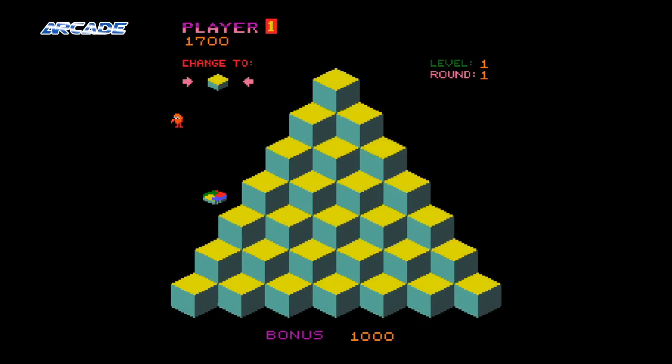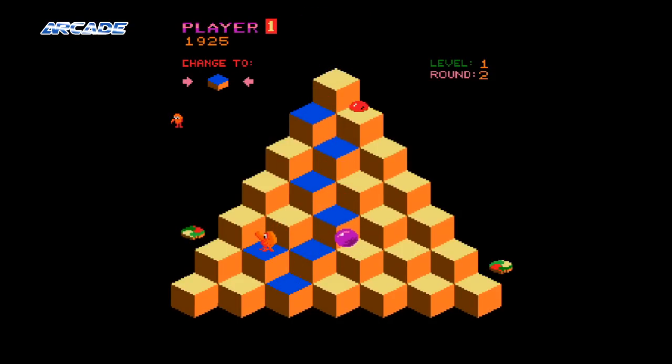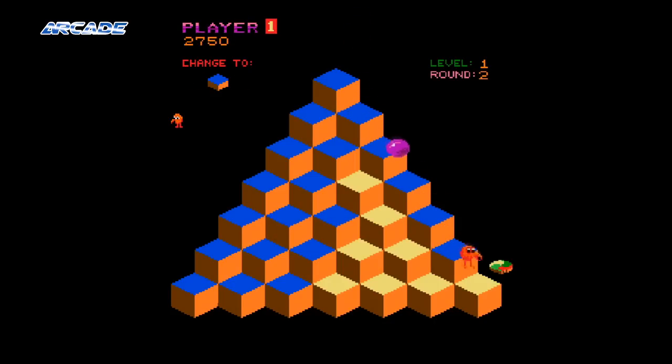The enemies are Coily, who first appears as a purple egg that bounces to the bottom of the pyramid and then transforms into a snake that chases after Q*bert. Ugg and Wrongway, two purple creatures that hop along the sides of the cubes. And finally Slick and Sam, two green creatures that descend down the pyramid and reverse the cubes whose colour has